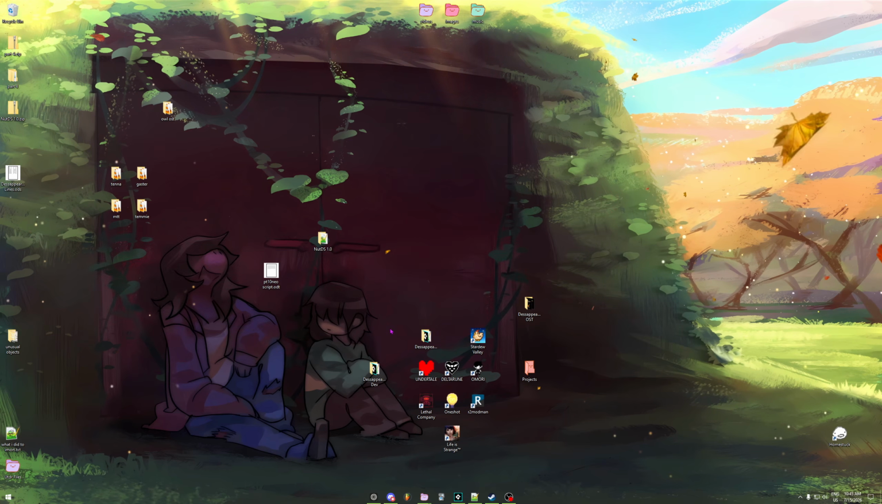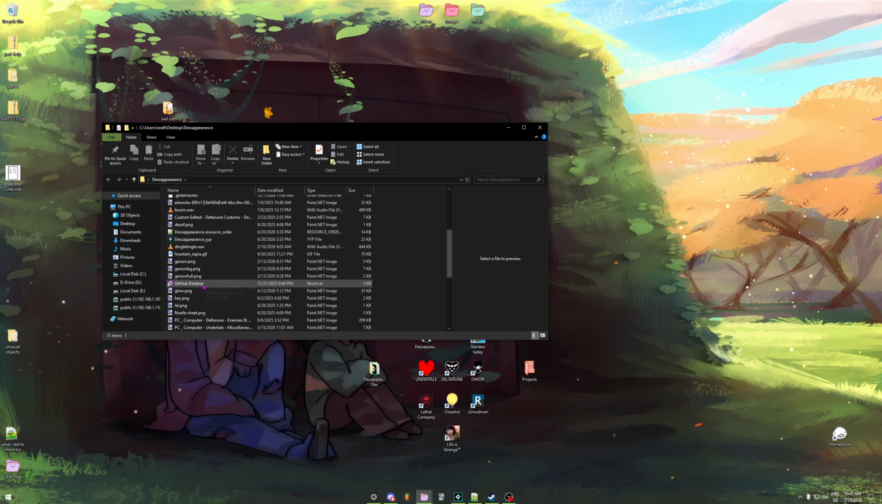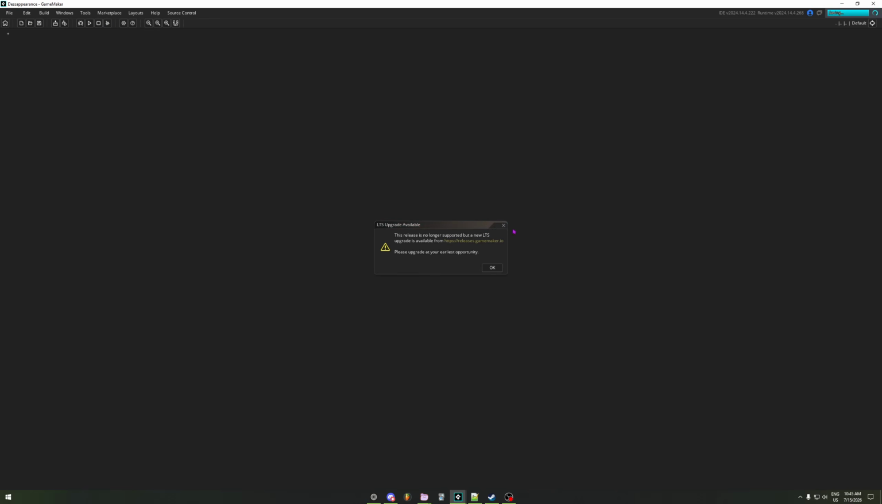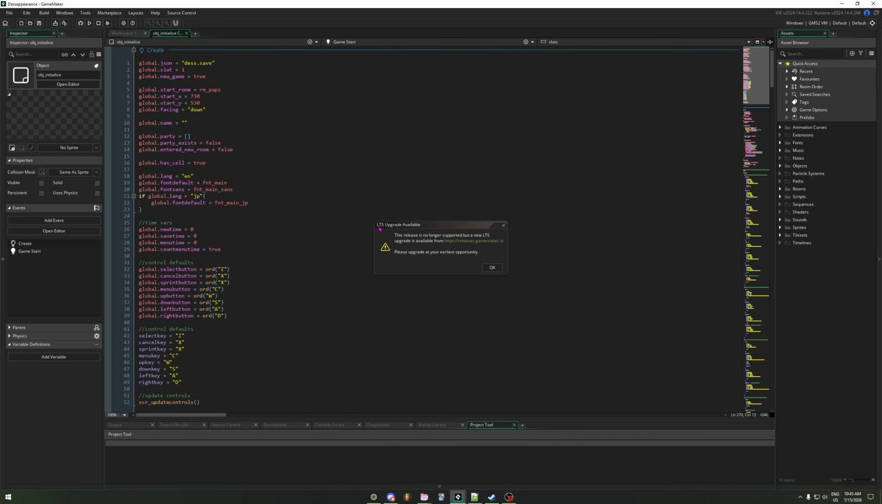We are now going to actually open up our project here. And if it tells you something about LTS upgrade available, just ignore it because I'm not using LTS and it's been giving me this every time I open up Gamemaker. So just ignore that. That doesn't apply to us unless you are using the LTS version of Gamemaker, which for this series I chose not to. But anyway,